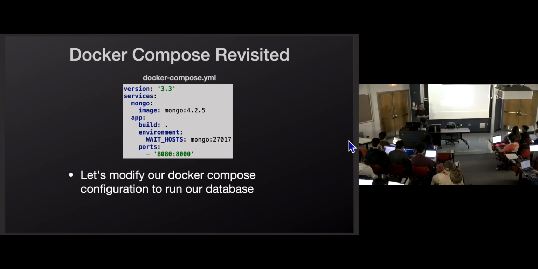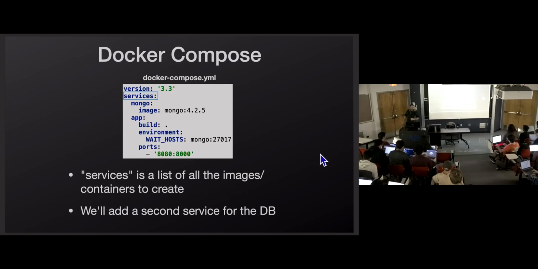Docker Compose. So we use Docker Compose. We've already been using it for just building our app itself. Now we're going to use it to run our database too. So when I said services before, I said this is a list of services that are going to be created. And each service is a new image and container that's going to be created when you do Docker Compose up. But we only had app. We had one container, so it wasn't super interesting. Now we're going to have two containers, so it does get more interesting.